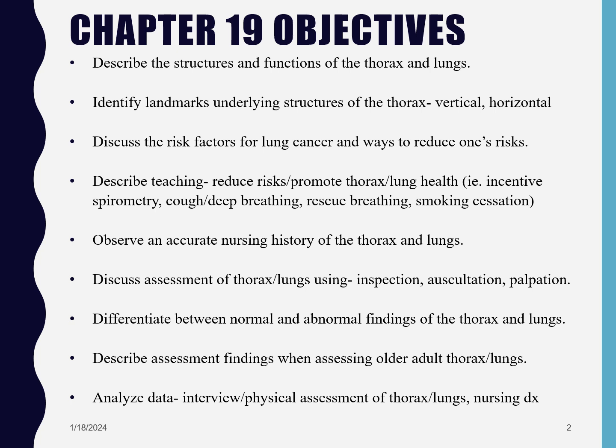ways to reduce the risk, describe all the teaching to reduce risk and promote thorax and lung health, observing an accurate nursing history of thorax and lungs, and discussing an assessment using inspection, auscultation, and palpation. We will ask you to differentiate between normal or expected and abnormal findings of the thorax and lungs, and describing assessment findings with the older adult. Then you will analyze the data with the interview and physical assessment of the thorax and lungs to formulate nursing